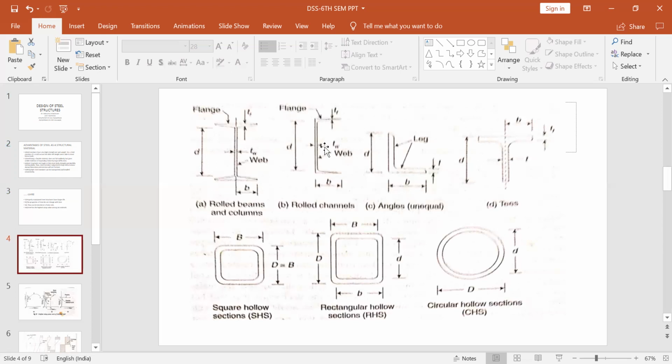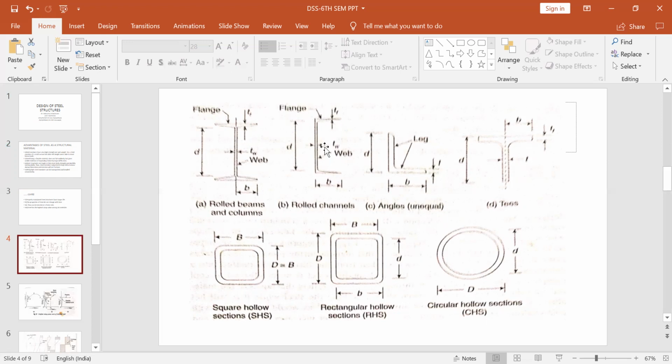So now we'll see some of the types of steel members that are being used in steel structural design. Before that, you have to understand very clearly that for steel structural design, you need two things. First important thing is IS 800-2007 limit state method. Like concrete, you had IS 456-2000, the IS code for concrete. For steel, you have IS 800-2007 LSM, the code for steel structures.